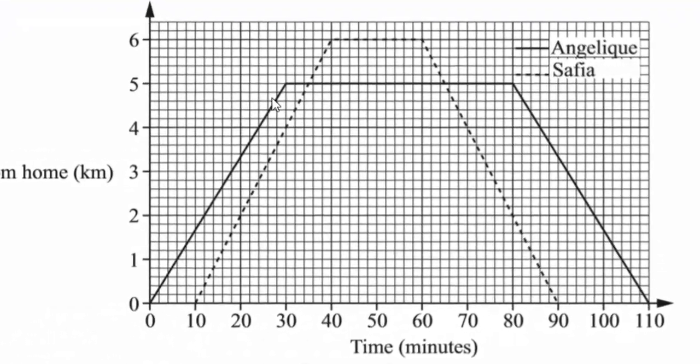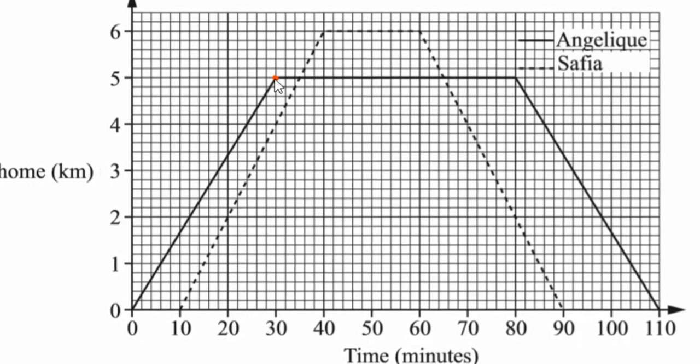So Angelica stopped from here all the way to here. Let's count. These times are in minutes. So Angelica stopped in 30, then 10 minutes, 20, 30, 40, 50. Angelica stopped 50 minutes